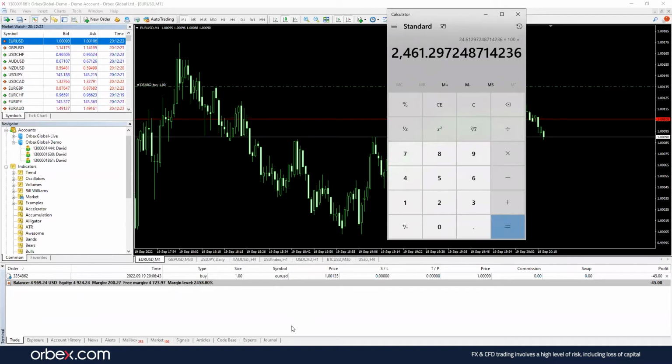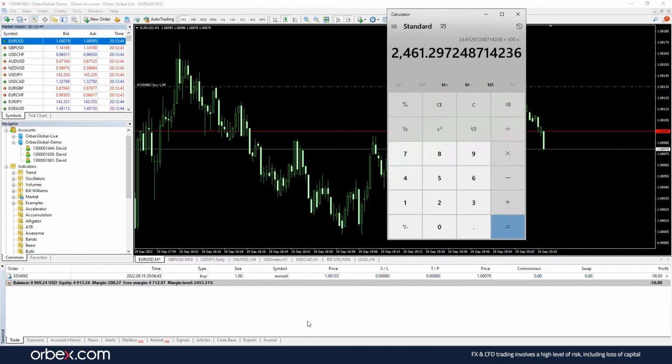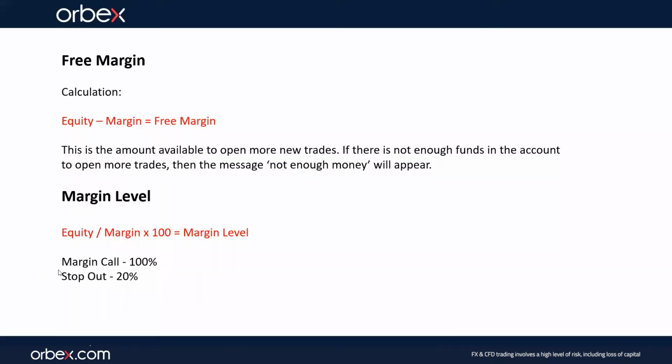But what's most important is the fact that if your margin level drops to 100%, then you get a margin call. Now, what a margin call means is that you have a slight warning on your platform to say that your funds will be dangerously low and you'll be in the dangerous scenario that you will be stopped out. Now, what is stop out? Stop out is when your account gets to 20% and your most heavily